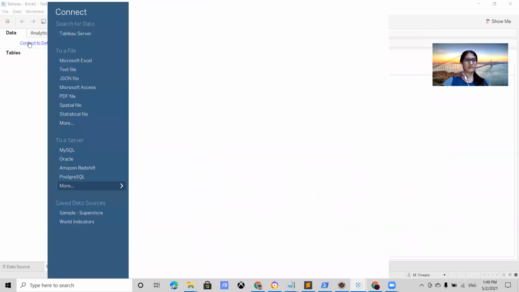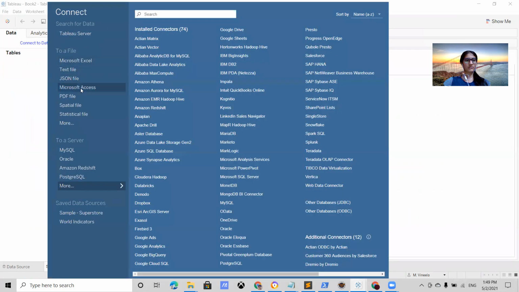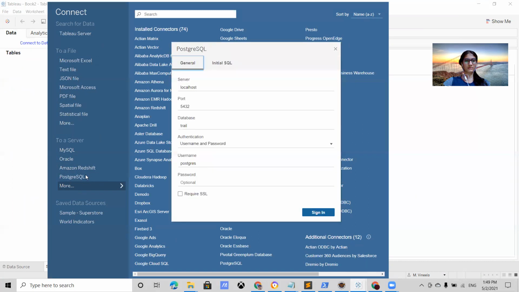Okay, connect to data. So we have various options, but we are connecting it to PostgreSQL database. As I have already connected it once, so the data is already there. So let me enter the password.